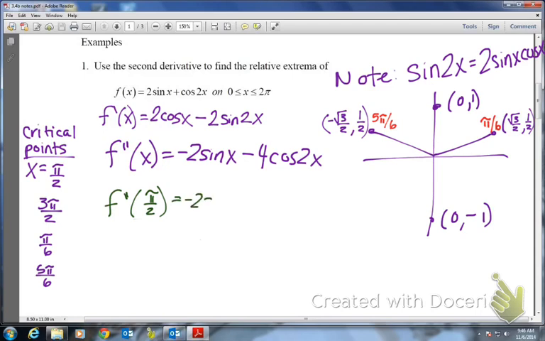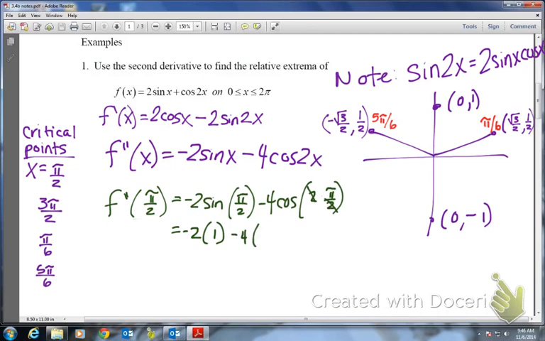That equals negative 2 sine of pi over 2 minus 4 cosine of 2 times pi over 2. All right, so for this first one, sine of pi over 2. So if I look over here and I go to pi over 2, what's the sine value at pi over 2? 1. So I go straight up and my sine value is 1. So I'm going to say that this is negative 2 times 1. And for the second term, I have negative 4 cosine, and then what happens to that 2 times pi over 2? Good, it just turns into a pi, so my 2's are going to cancel, so I have negative 4